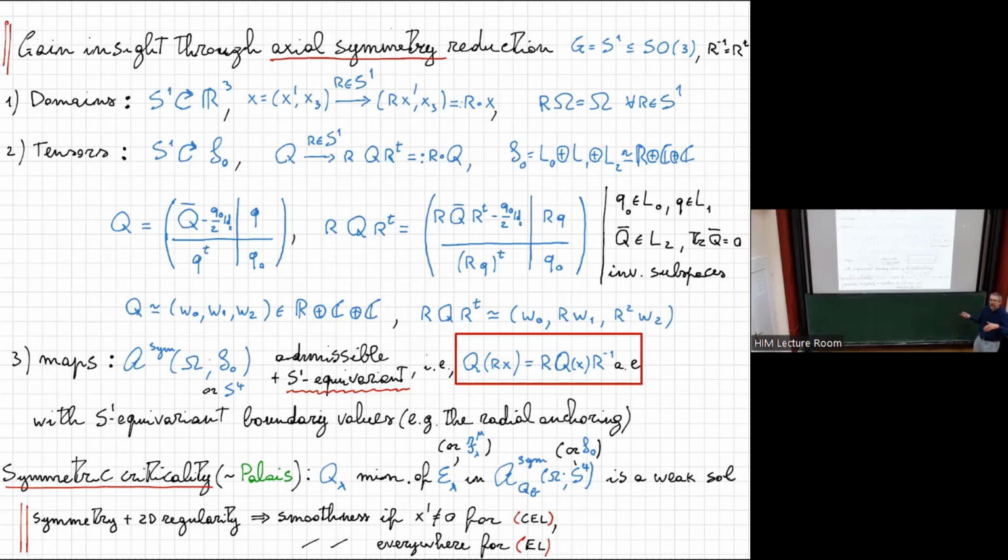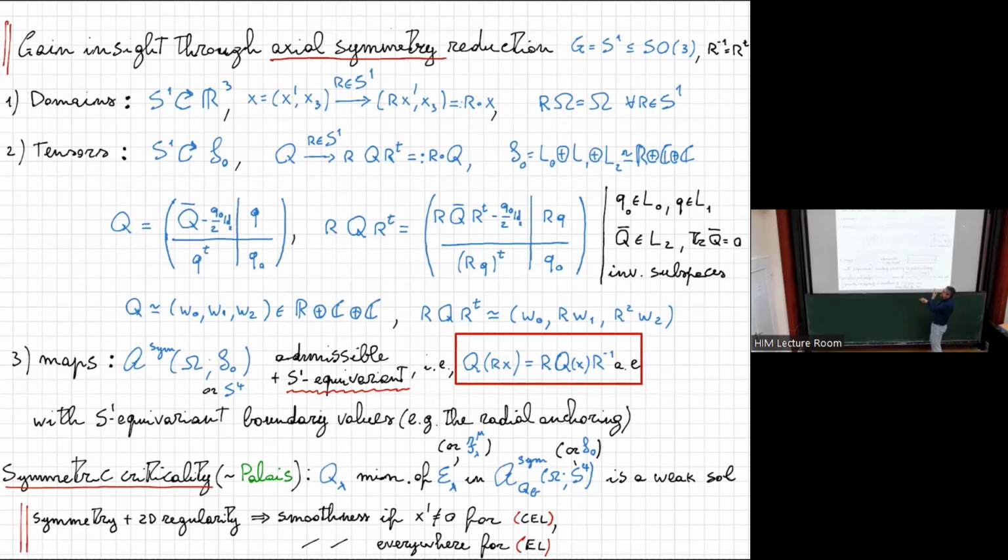To simplify things, you make an ansatz, you restrict to a class of S1 equivariant maps so that everything is simpler, in a sense. In particular, you can minimize the energy in this class of maps and show that the critical points are truly critical points for the functional, solutions for the equation. In particular, for the regularity, what happens is that instead of working, say, on a unit ball, you are working on a half disk which is rotating by invariance, and so you are reducing, in a sense, to a 2-dimensional problem, but on a domain whose boundary is partly singular, so that in a sense